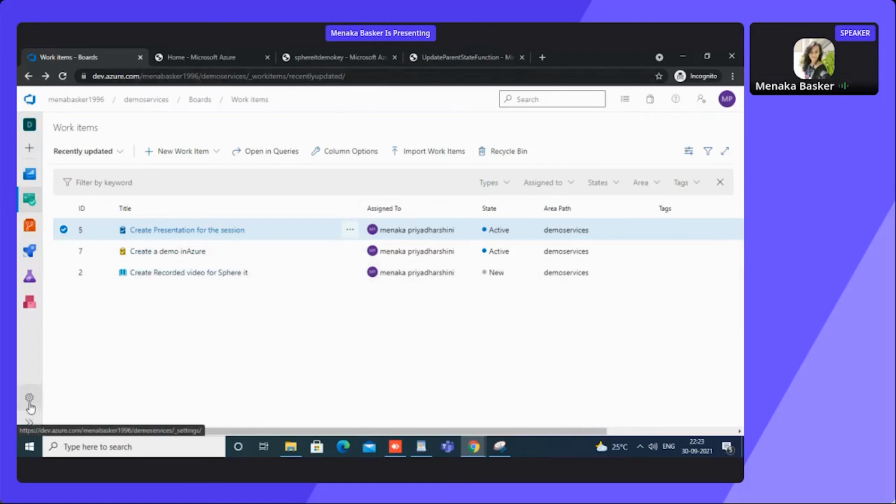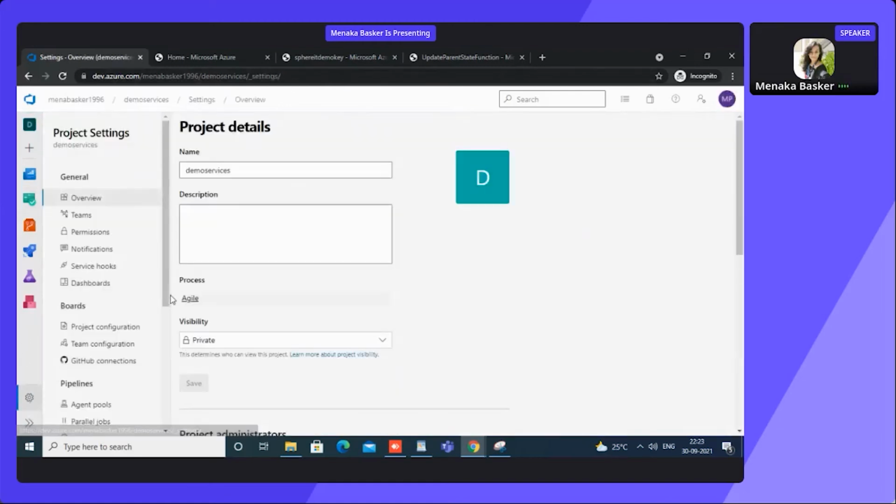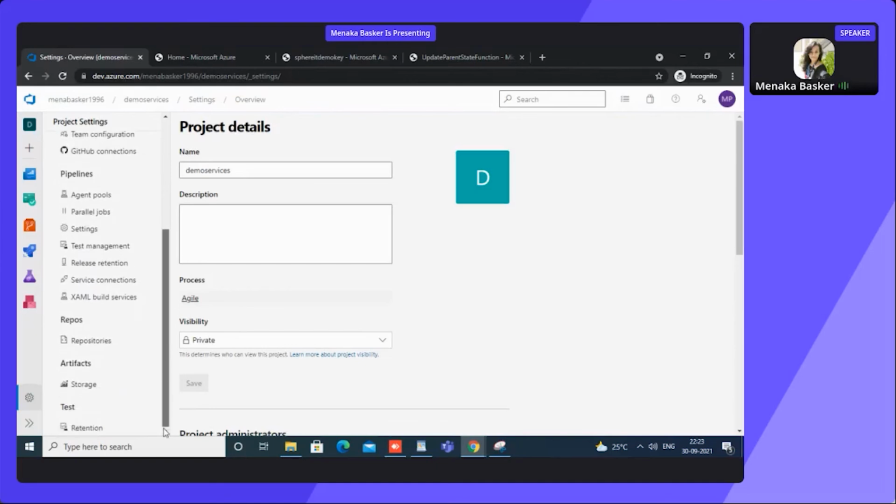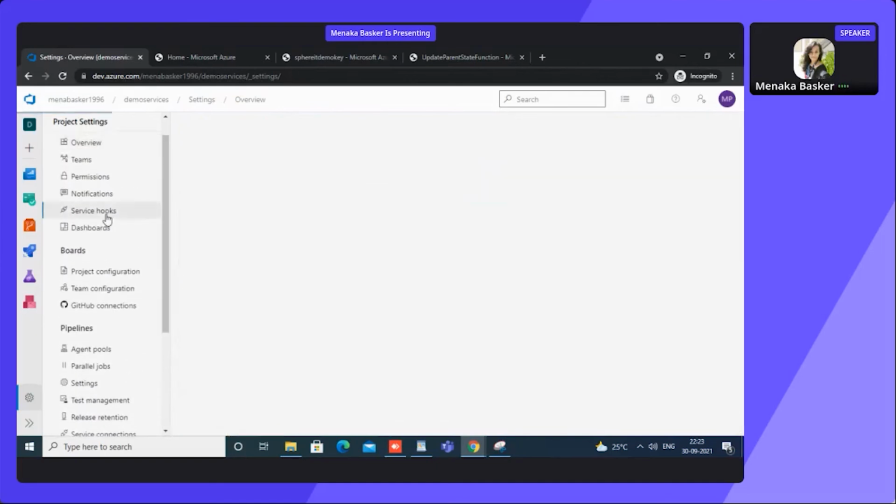So where is it integrated with the Azure function? Let's check that. This is the place where the service hooks are integrated, that is, where the Azure functions are integrated.